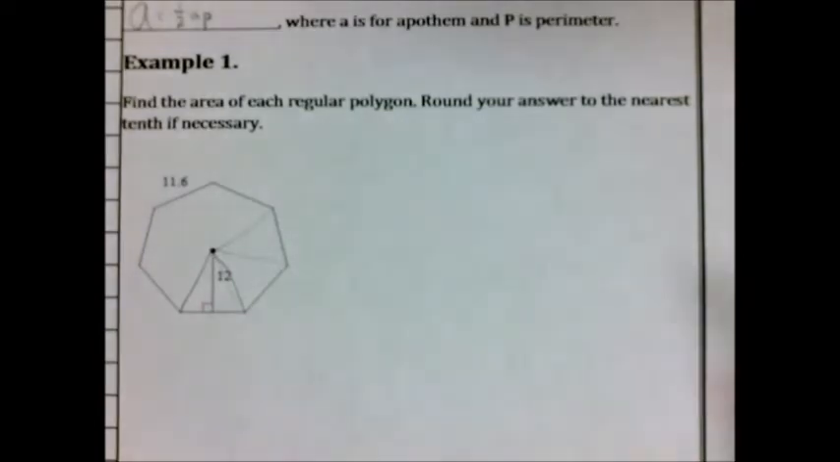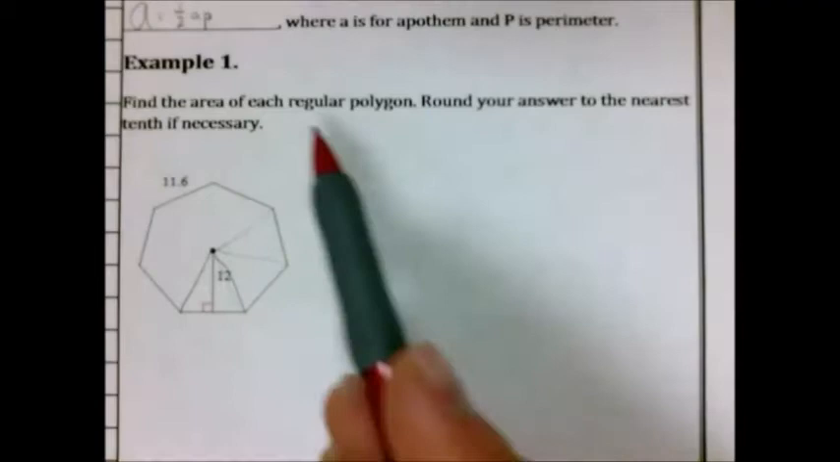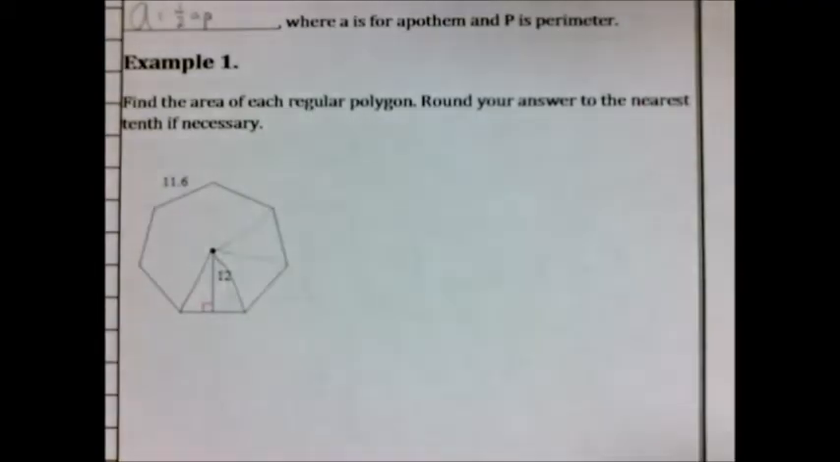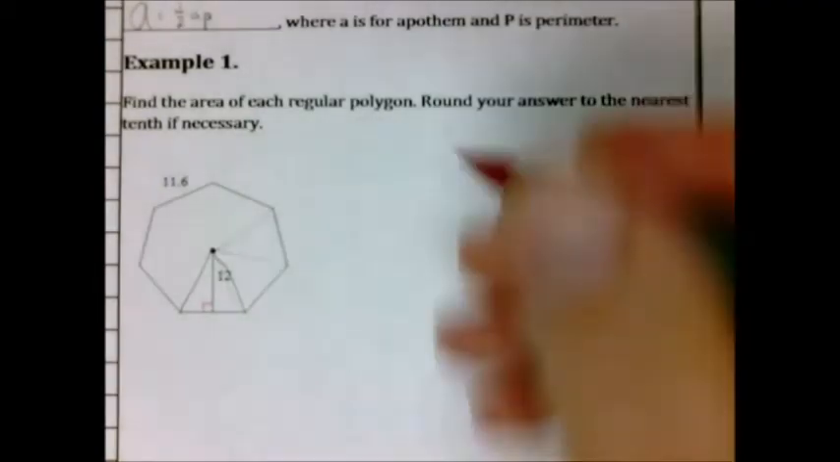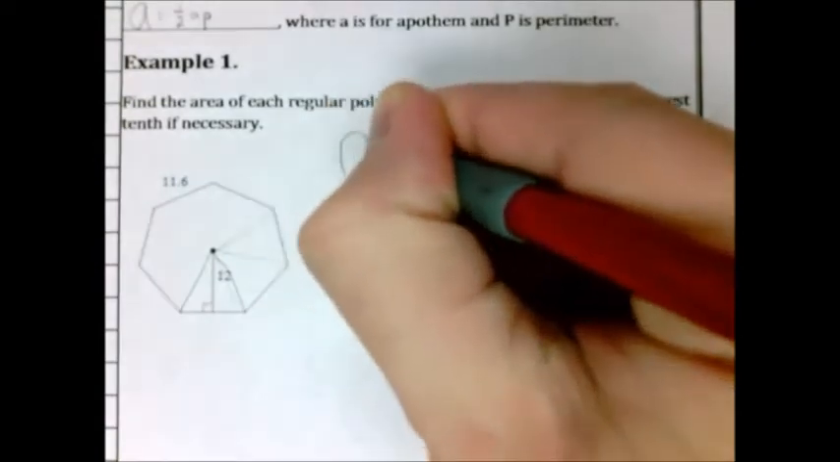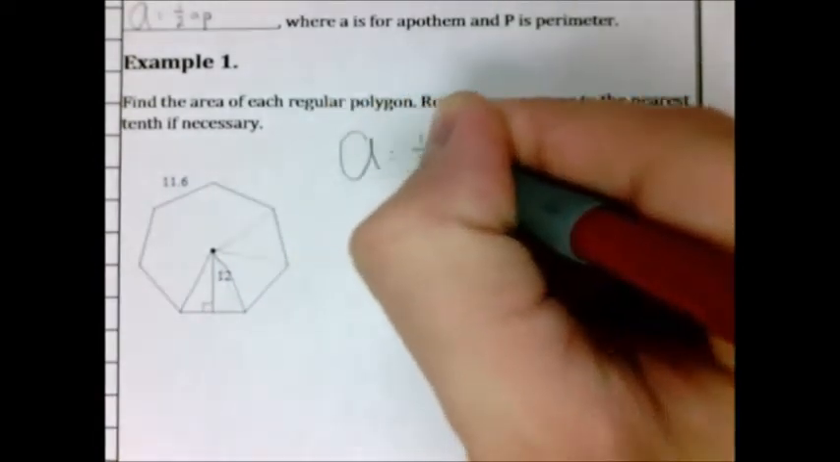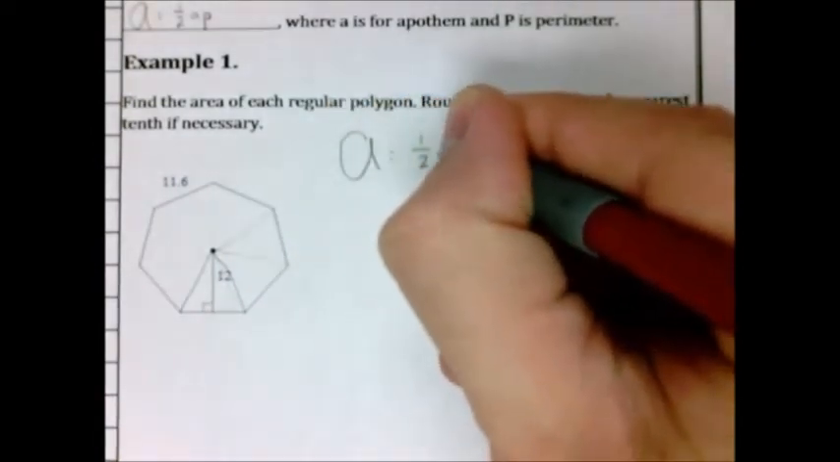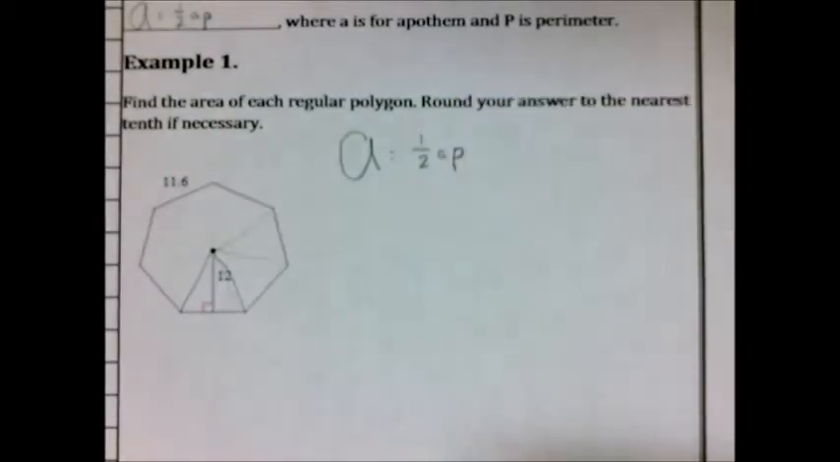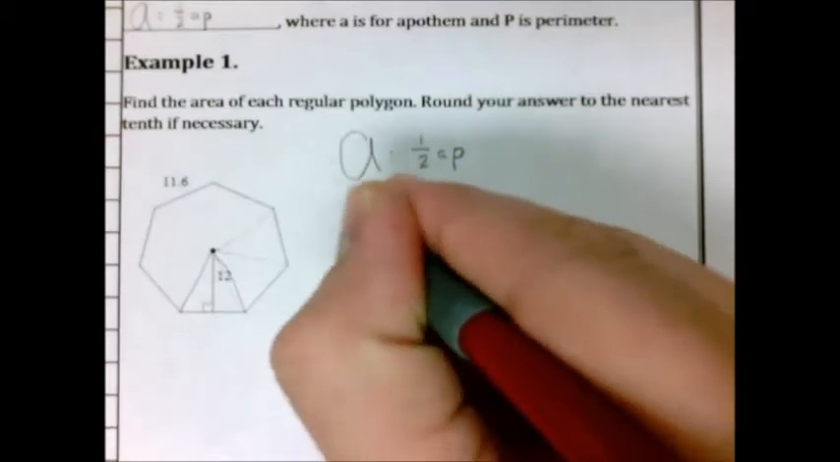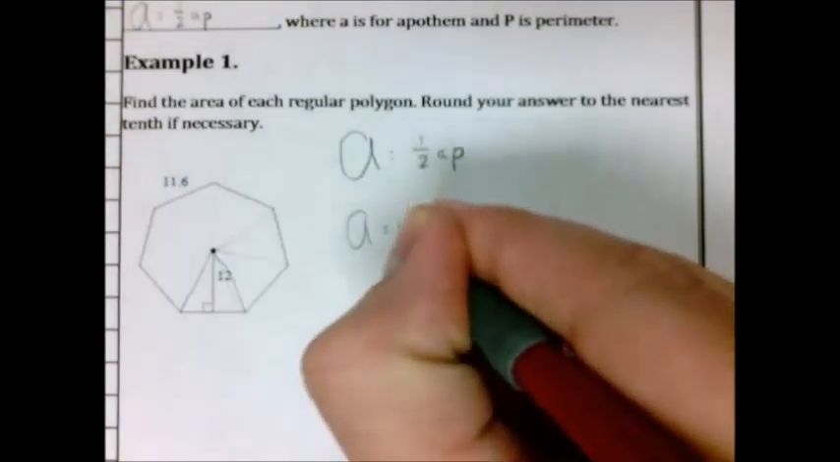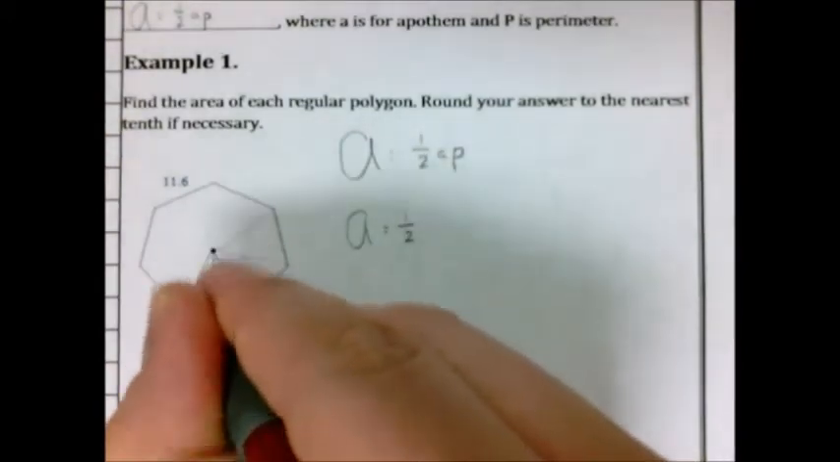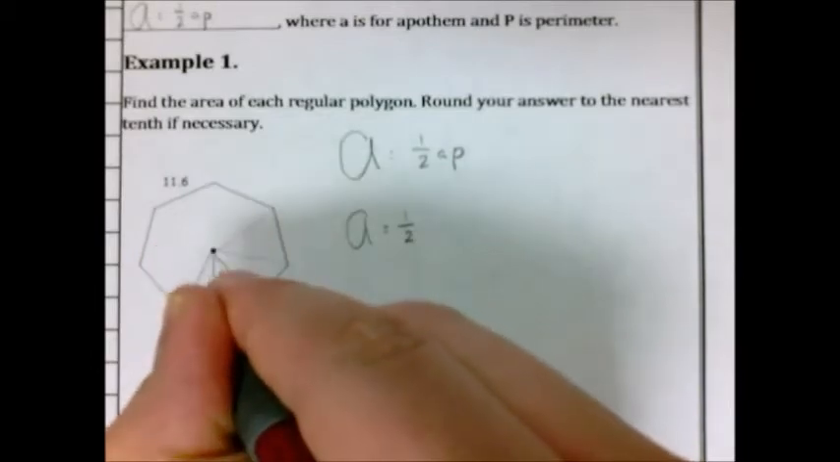We need to find the area of the regular polygon. And remember, this area formula only works for regular polygons. And round our answer to the nearest tenth if we need to. So I'm just going to remind us here, the area is equal to 1/2 times the apothem times the perimeter. All we have to do is substitute information in, just like we've normally been doing. So our area is going to be 1/2 times the apothem, which is the distance from the center to the midpoint of the side, which is 12,